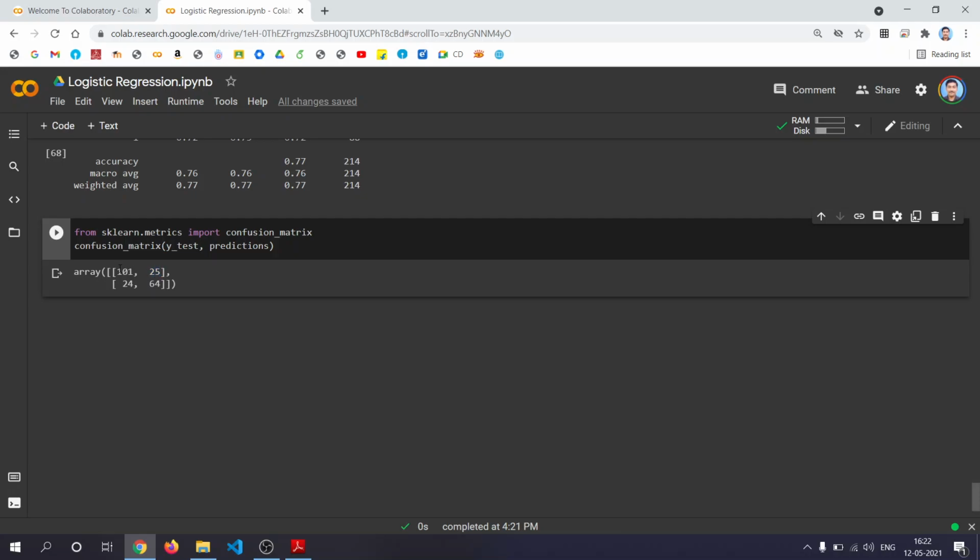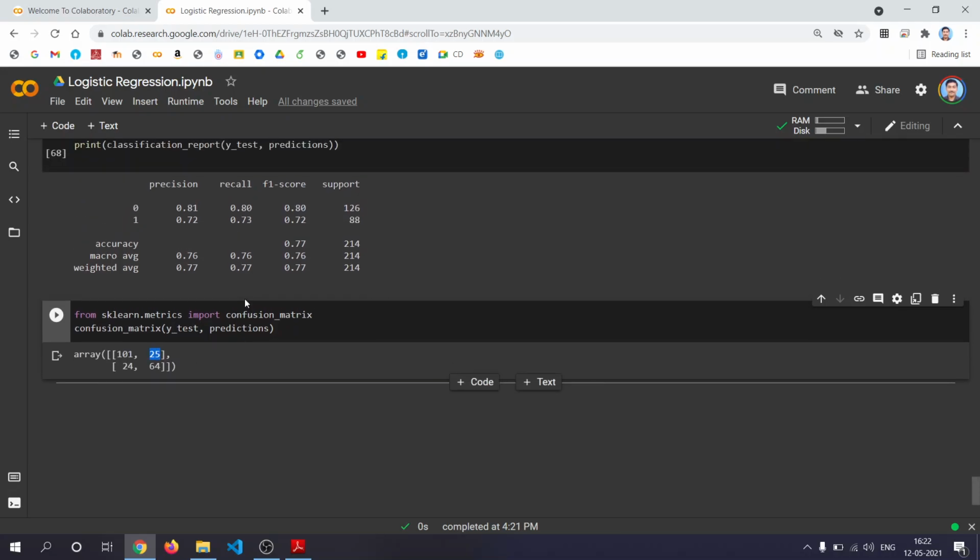So true positive, correctly identified as positive. This is true negative. This is false negative. It was actually positive, but identified as negative. So that is false negative. So that is confusion matrix.